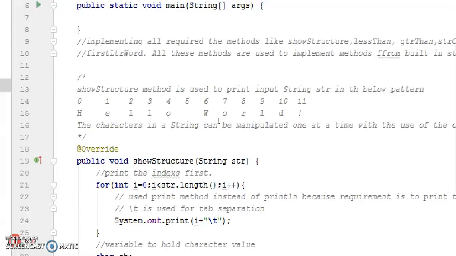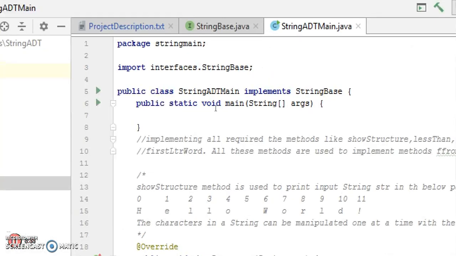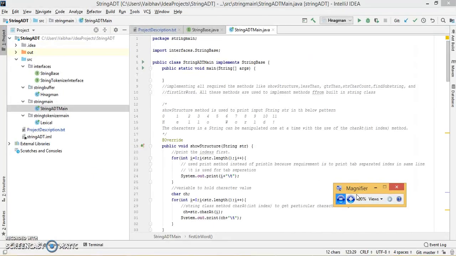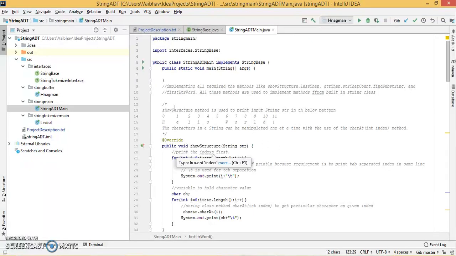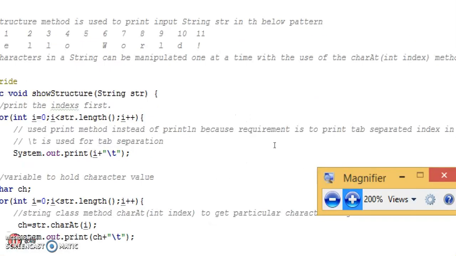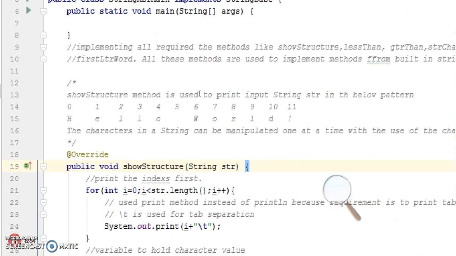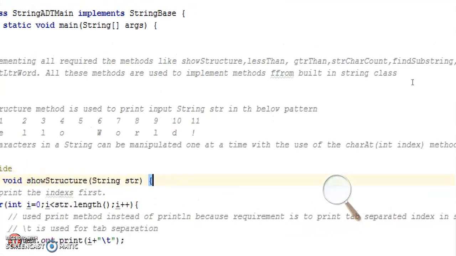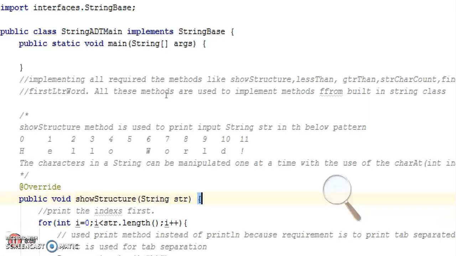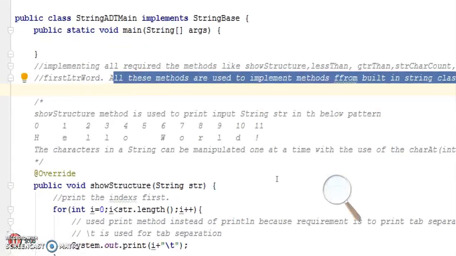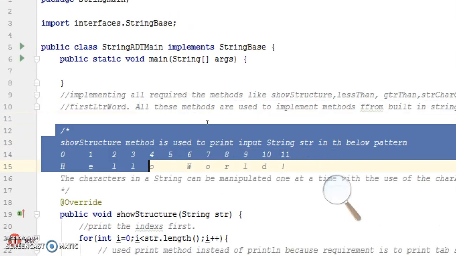So now we are going to discuss what we are going to use. The very first thing we have to do is implement all the required methods like show structure, less than, greater than, star count, find substring, first letter word. All these methods are used to implement methods from the built-in string class. The show structure method is used to